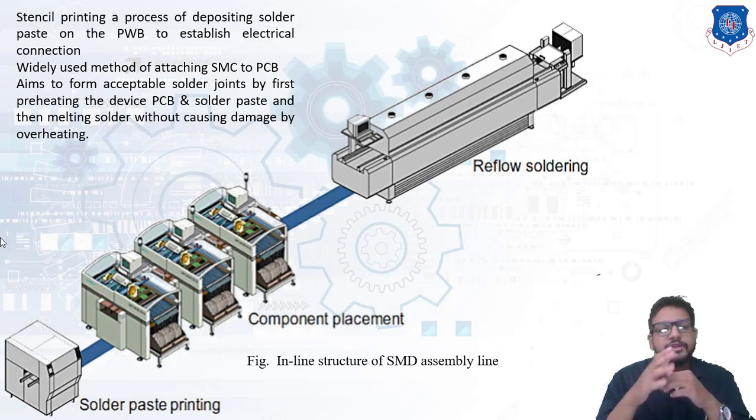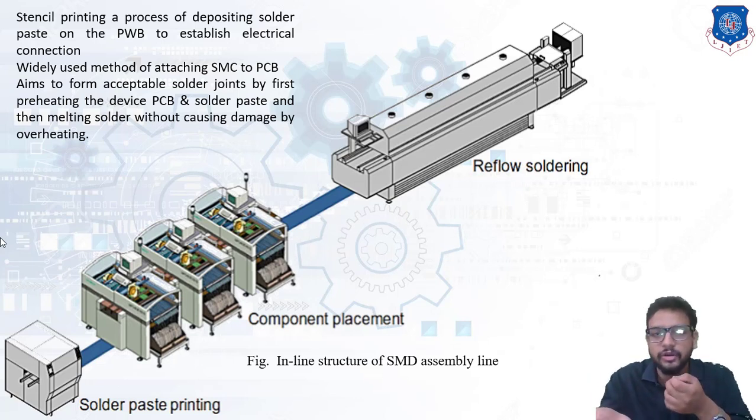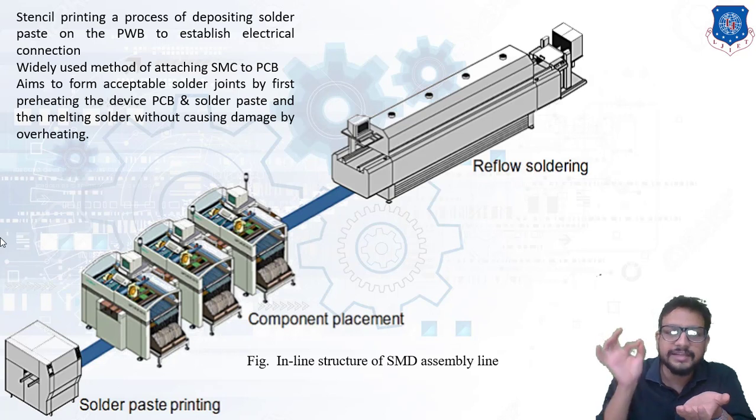Now first is solder paste printing. In that, stencil printing is done, which is a process of depositing solder paste on a printed circuit board to establish the electrical connection. You would have seen an electronic device, for example a TV remote control. After opening it you must have observed a green panel, that is the circuit board. On that several lines are drawn, and those lines are of silver color. Basically it is solder paste on that circuit board. A copper paste is provided to give connections at several ends.